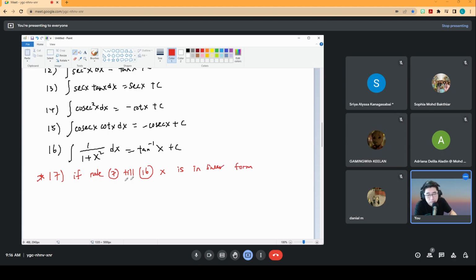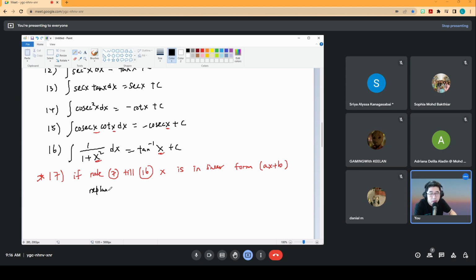Okay, my sentence doesn't sound right. The x, if x from rule 7 to rule 16 is in the linear form, linear form means ax plus b. Okay, the x inside is actually in the linear form. So the x here, the x here, the x here, then multiply,